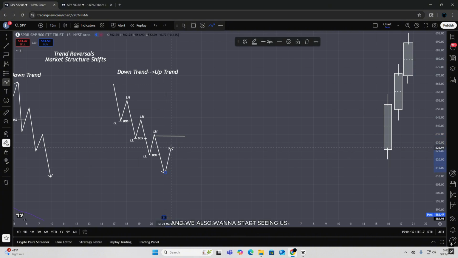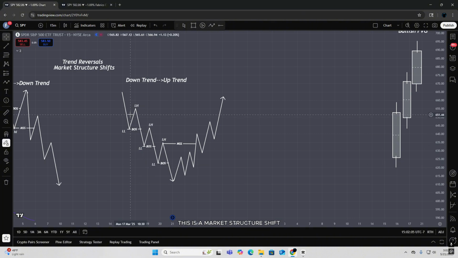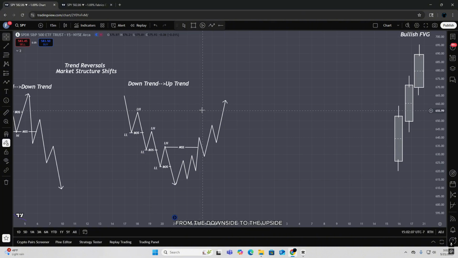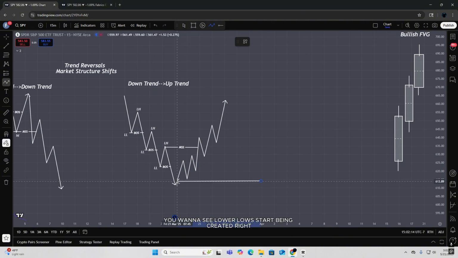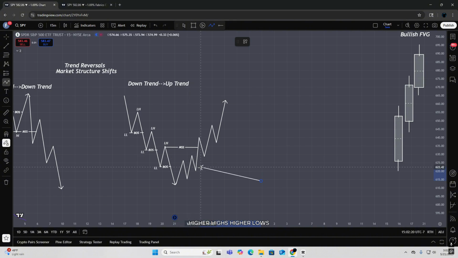We also want to start seeing us stop making lower lows. Sometimes we're probably going to move like this, basically slowly trying to make our market structure shift. Here we kind of broke our lower high, and then we come down and then come up, basically having our reversal. So this is a market structure shift from the downside to the upside. You want to see lower lows stop being created, and then slowly start seeing higher highs, higher lows, higher highs, higher lows,